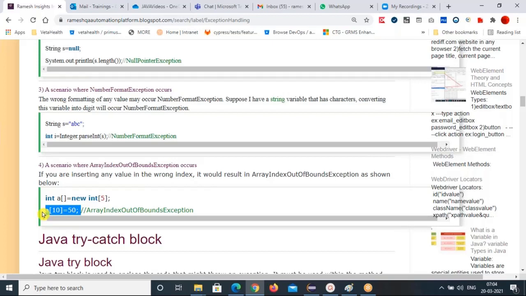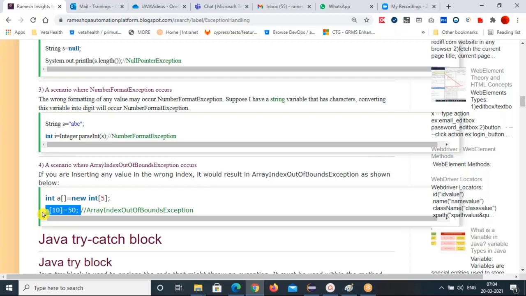To solve this problem, we are going to use exception handling concepts. I'll show you how to handle all these exceptions. Now you know the reason why they occur. If you know the reason, you can handle them easily. If you don't know the reason, you cannot debug your code.